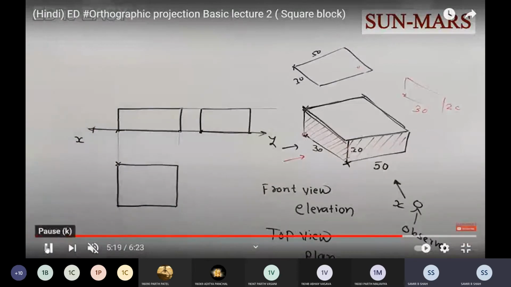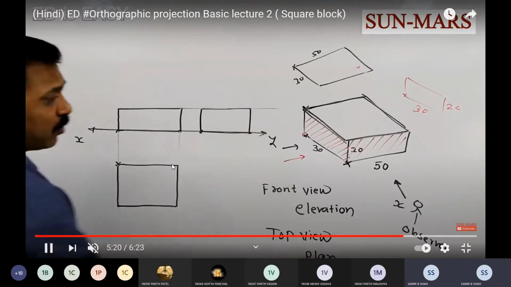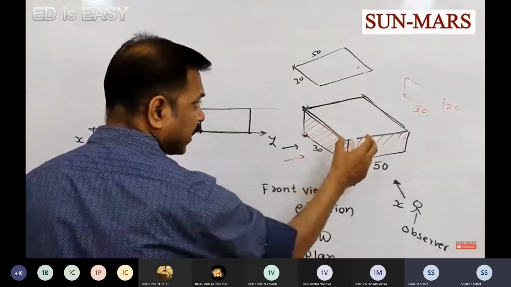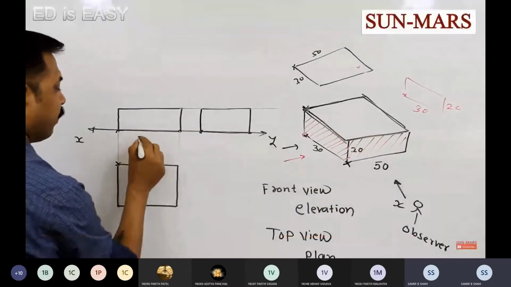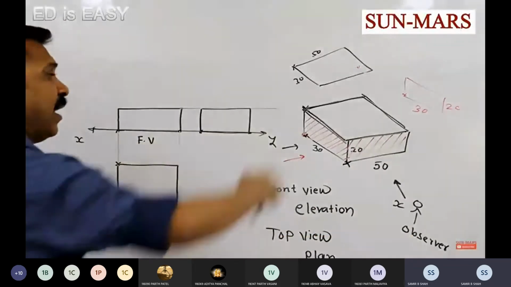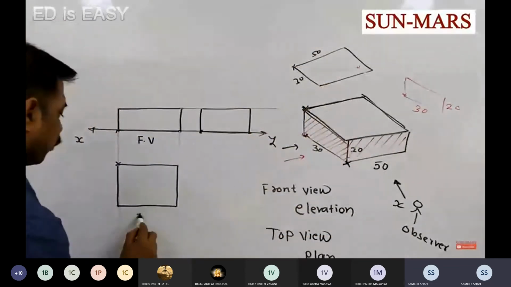You can just see here. We draw one line as I discussed earlier. After that, take 45 degree. Then see, we already know that this is 30 mm, right? So we generate this line directly here, and from here we get the 45 degree line. With the help of that, this is 30, and we take this projection of 30, and this is 20. So this kind of whole orthographic projection is completed. Now we are going for a somewhat more complex problem, and if you have a query, then you can ask me.